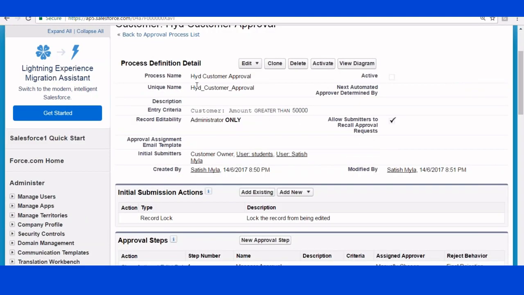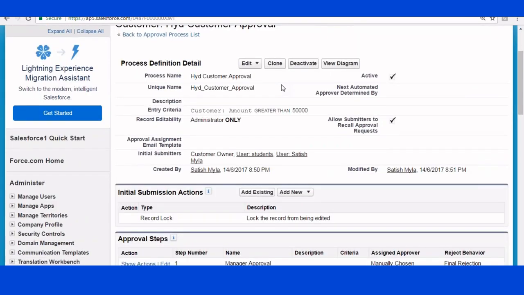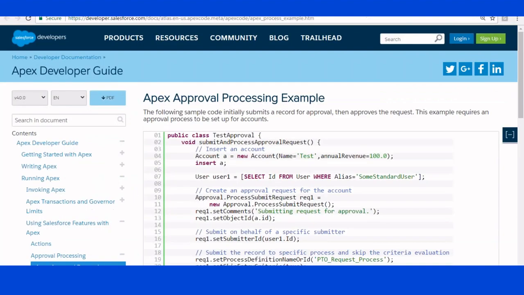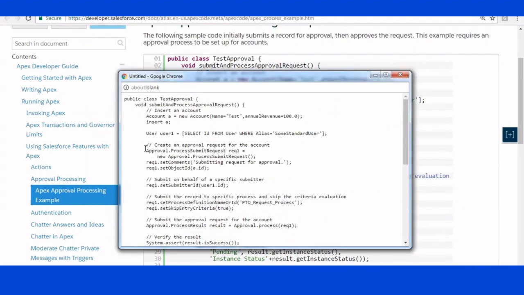So I created this approval process, boss. This is the approval process that I created. Activate. I have the approval process. Now what do I want to do? I want to submit the record for approval programmatically. If you want to submit the record for approval programmatically, look at the